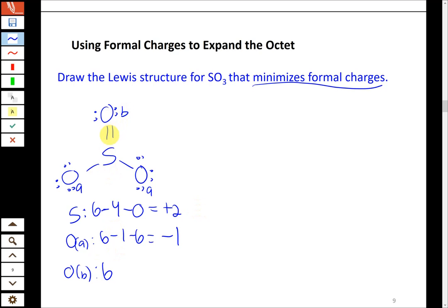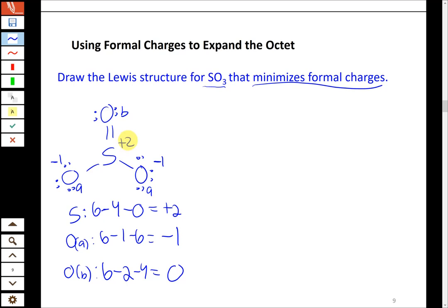Oxygen B is a doubly bonded one, so it has 2 bonds from the double bond, 1, 2, 3, 4 as non-bonding electrons. That comes out to 0. So right now our formal charge arrangement is +2, -1, -1. And if we want to minimize formal charges, we should recognize that this is probably not the best way to do it, because SO3 is a charge-neutral molecule. It has no net charge, so ideally we should have 0 formal charge